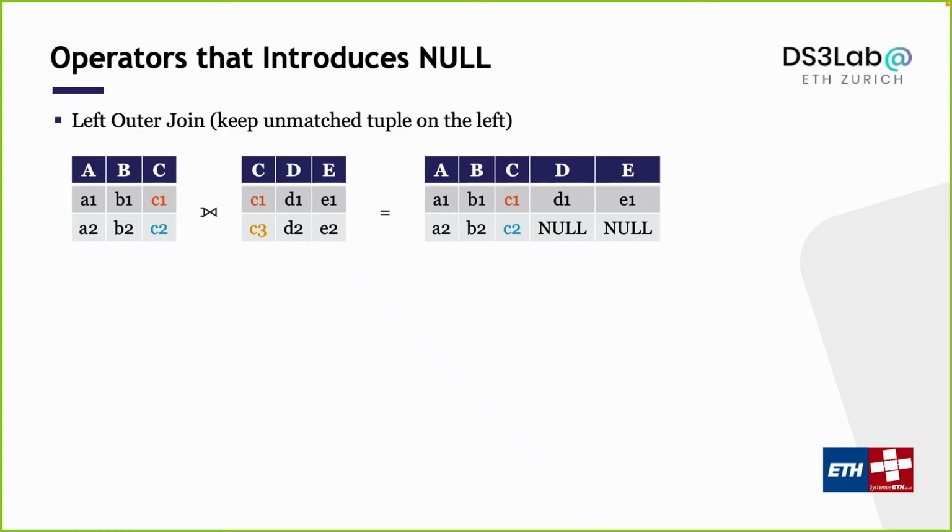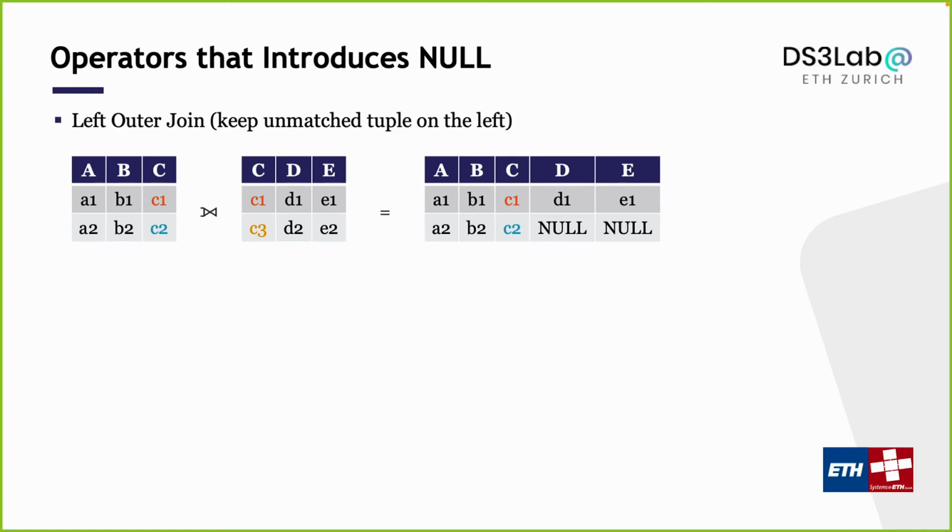For C1, I'm able to find the corresponding tuple on the right-hand side. So I have a tuple with 5 values, all of them concrete values that I know. For C2, I cannot find anything on the right-hand side. So what I will do is keep D and E as null, because I don't know. Okay? So this is one operator in relational algebra that you can use to introduce those null values, called left outer